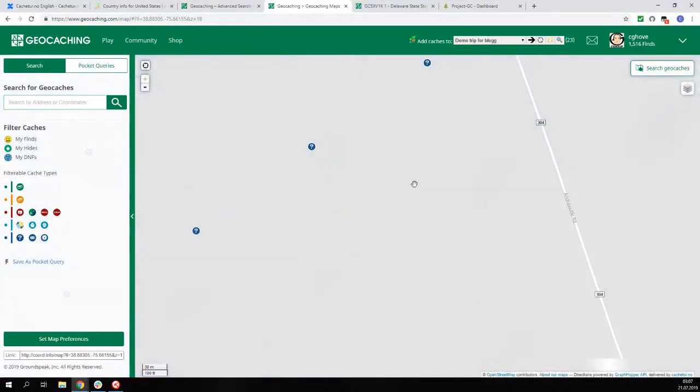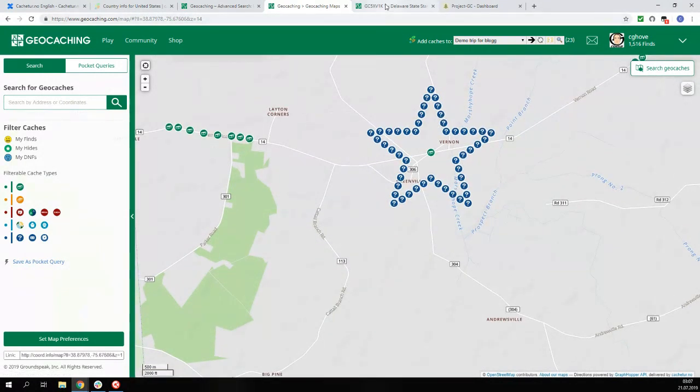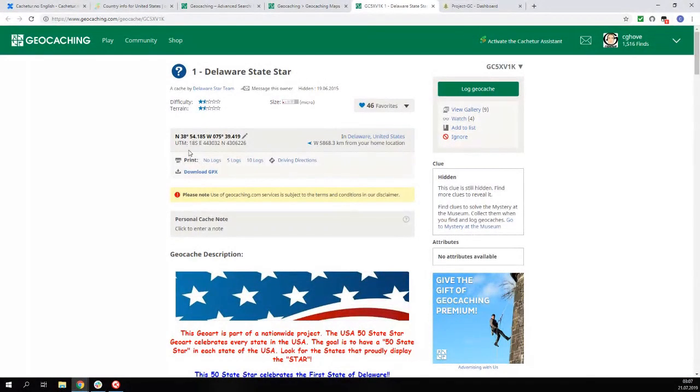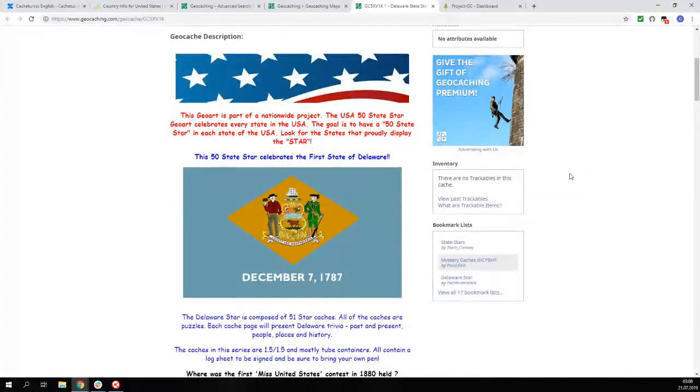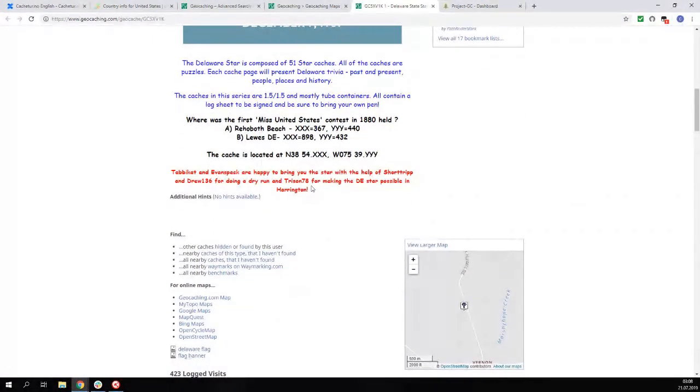Whoa! Zoom out a little bit. There we have them. Let's just look at the description for the first one. Yeah, so basically these are all mysteries where you have to solve the puzzles. But anyway,